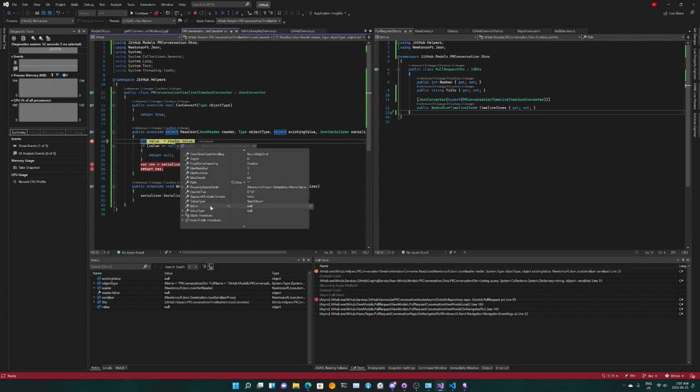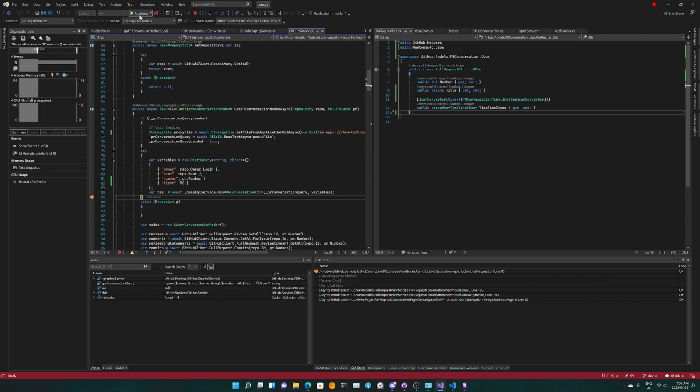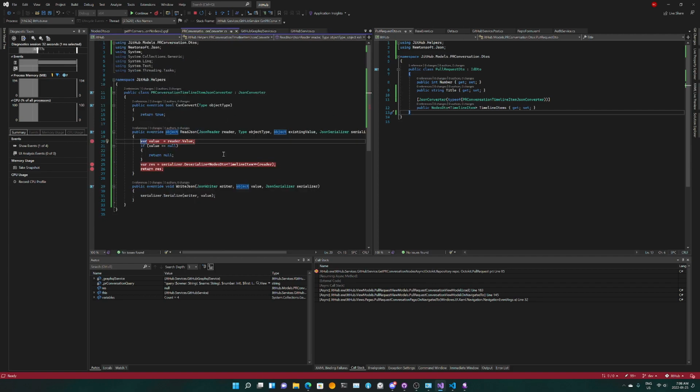So yeah, for some reason value is null, and I don't really like it because basically what's happening here, it takes one pass and it just leaves the converter, and I don't really like it.